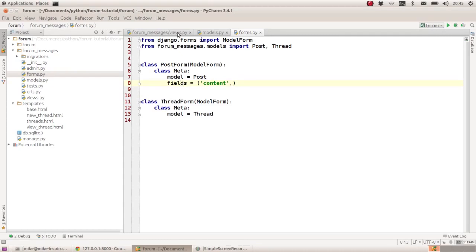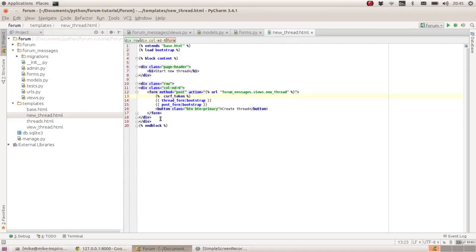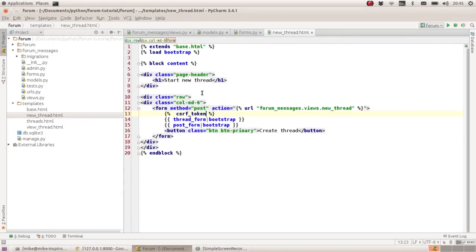Okay, so what we've got then in our views, and I'll just open those up. In our template we've got a new thread template. I'm not going to go into the detail of all these other ones because they're just basically creating tables to display these pages, which isn't really contributing to what we're covering. But in the new thread template that we're going to use, we're going to basically create a form. And if I just zoom that in a bit, let's see if I can get that a bit larger. Yeah,